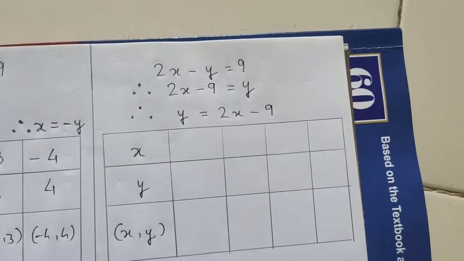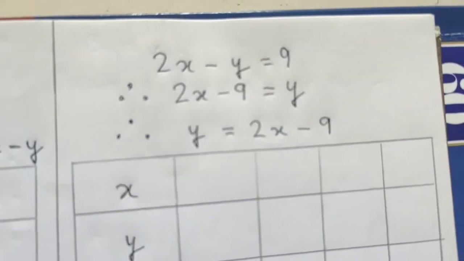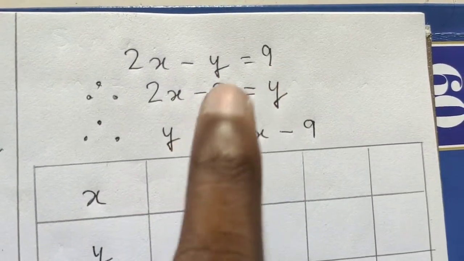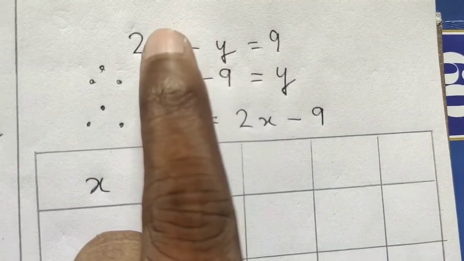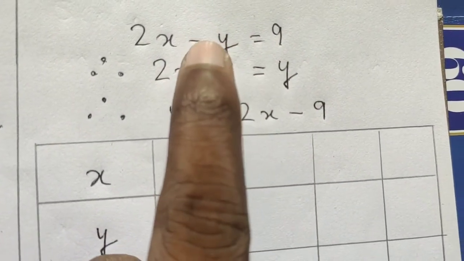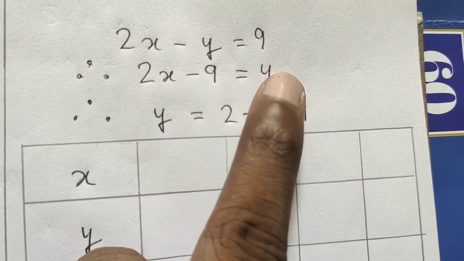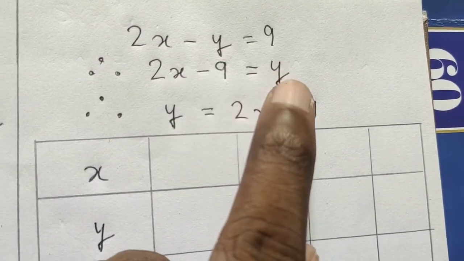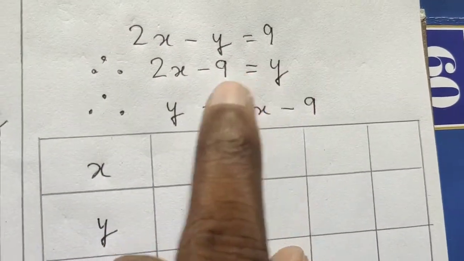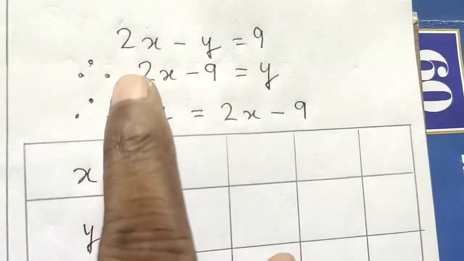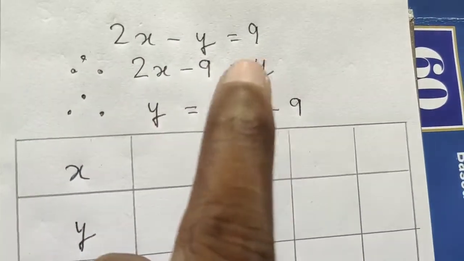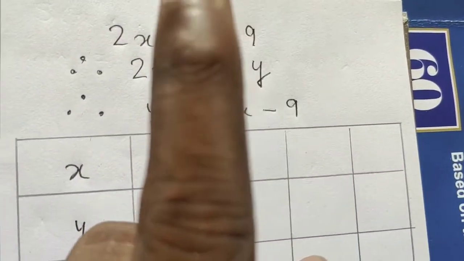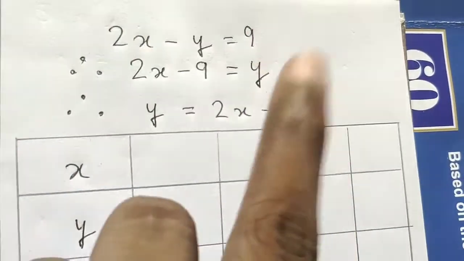Now see the second equation. Already I have simplified the equation. See how I have done this. First your equation is 2x minus y equal to 9. Now in the next step I have taken this 9 to the left hand side, so that it becomes minus 9, and minus y becomes y because we have transferred it to the right hand side. So minus y becomes y, 9 becomes minus 9. In the next step I have reversed the equation, that is y equal to 2x minus 9. You can write your equation in reverse way also. Means I am putting this equal sign here and writing this ahead of this, that is making LHS as RHS and RHS as LHS.